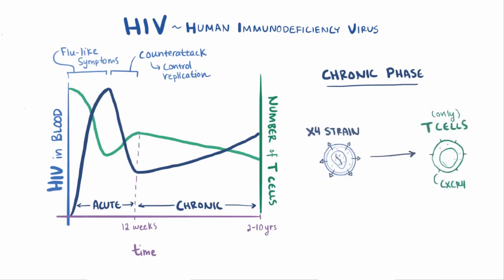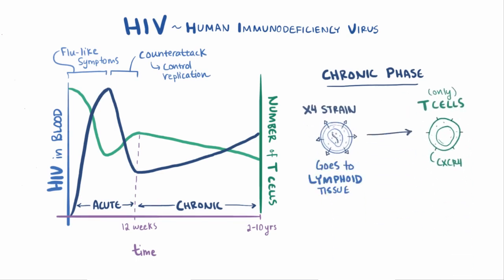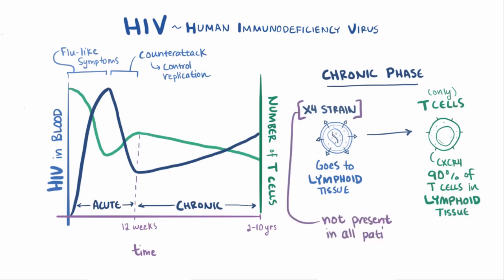These X4 strains kind of lay low in the lymphoid tissues and steadily destroy CD4 T cells, since about 90% of T cells are found in the lymphoid tissue. Not all patients develop the X4 strain, though, so it's not completely clear what the presence of this strain implies